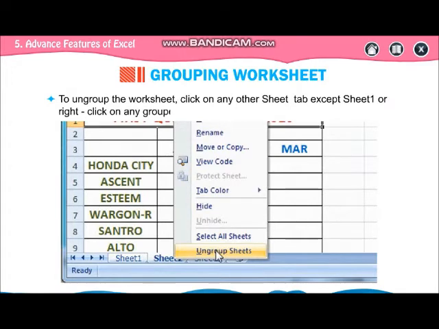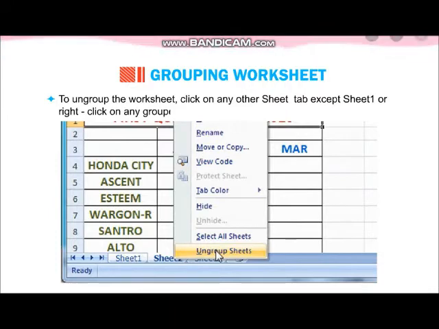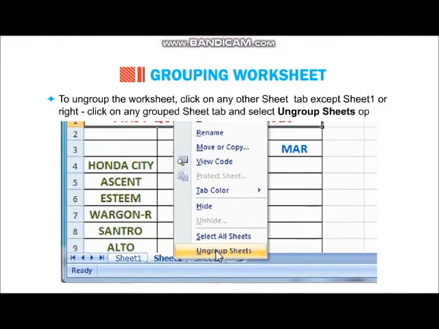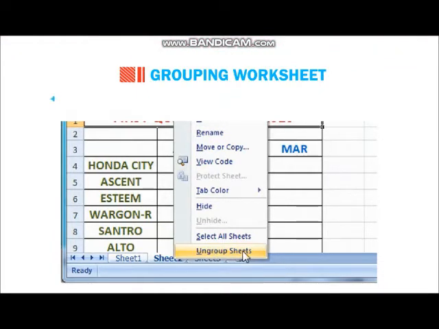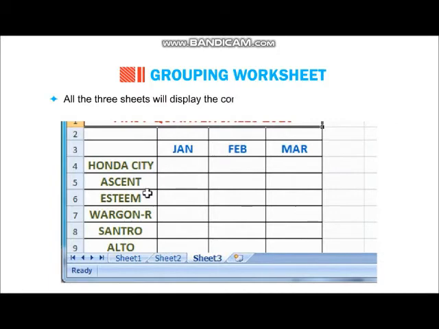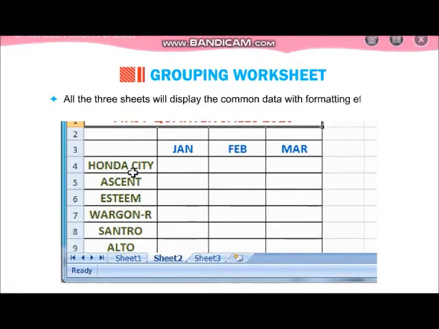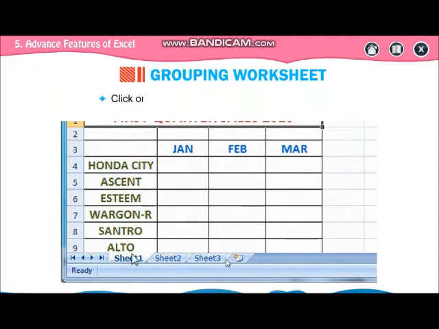Now ungroup the sheets. After grouping, ungroup, because now we are going to write data which is different for each sheet. Now see, we are on sheet 2, the same data appears, sheet 3, the same data, and now you can write different data for different sheets.